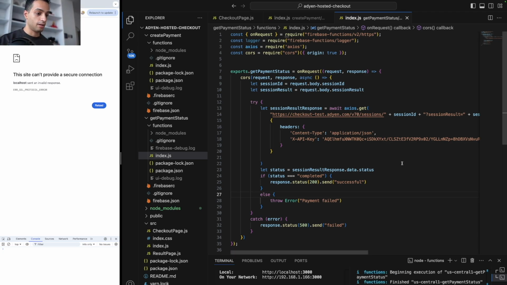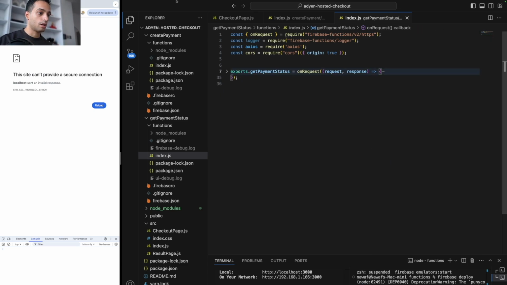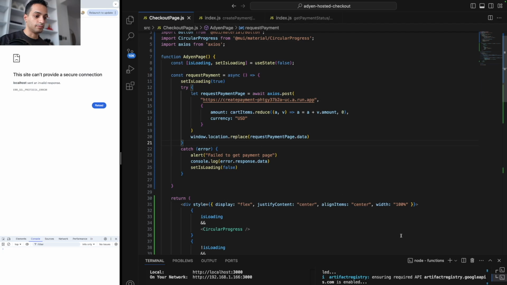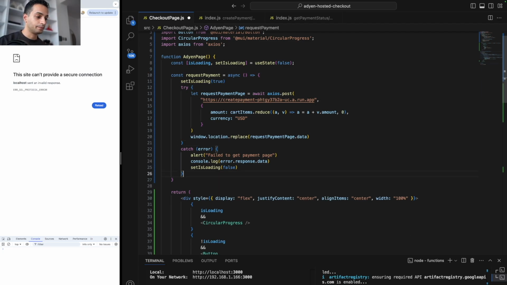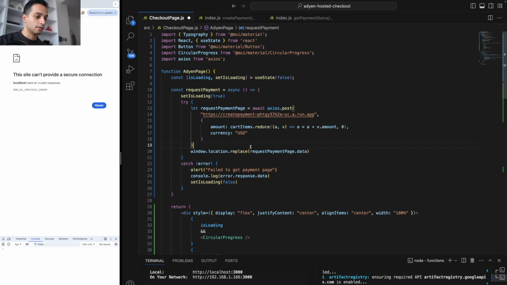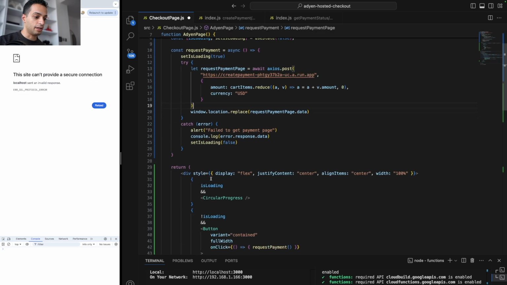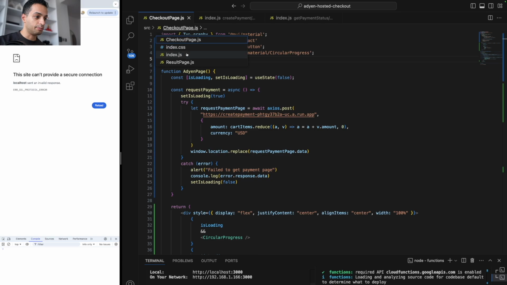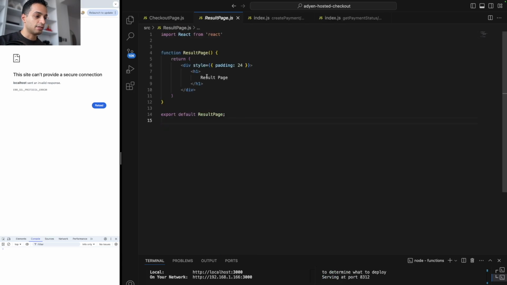Firebase deploy. Cool. And in the meantime, let's prepare our client side to consume that endpoint. So everything is good to go here on the checkout page. Now I gotta move to my result page and start working on it. So here in my result page, I need to read the